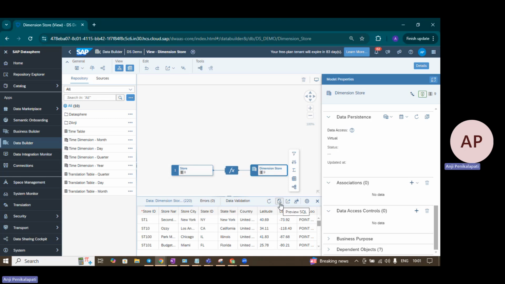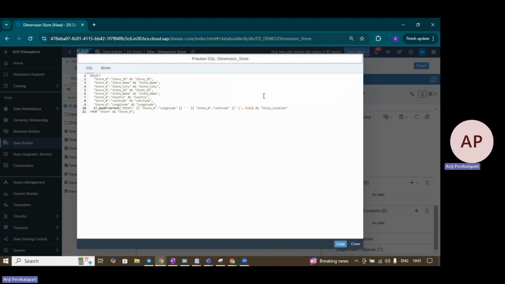Here there is an option to preview SQL. If you click this, it will show you what is the SQL statement which is generated in the backend to show this data. Let's click on this and see the SQL preview. You see here, it's just a simple select statement. Select store ID, store name, store city, state ID, state name, country, latitude, longitude, and